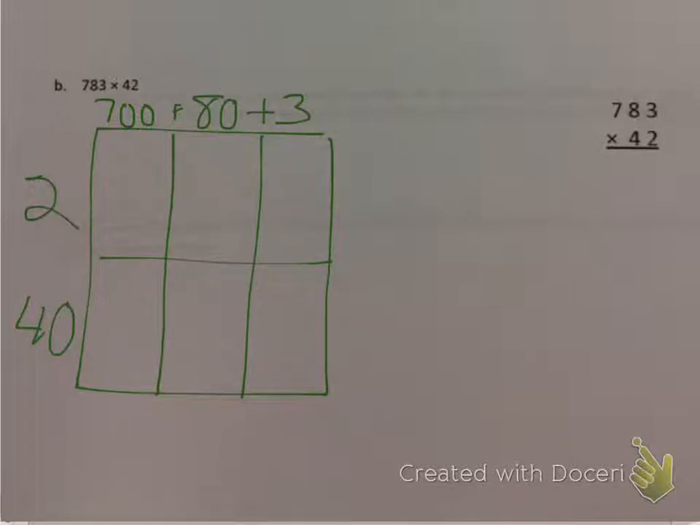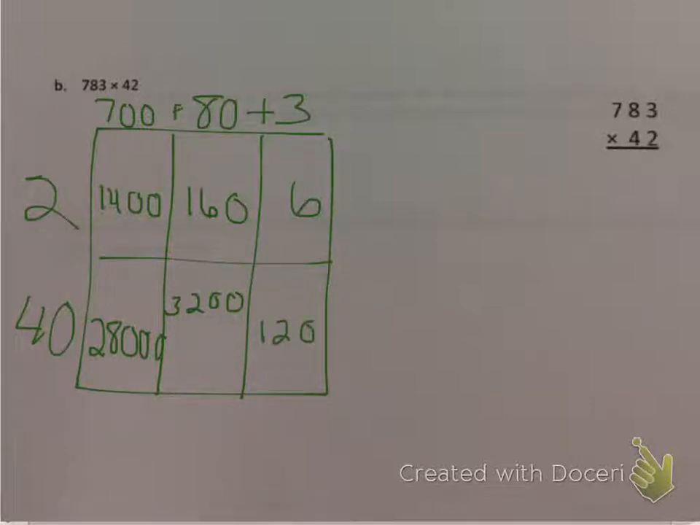Then I multiply. 2 times 700, 2 times 7 is 14. I add my zeros. 2 times 80, 2 times 8 is 16. I add my 0. And 2 times 3 is 6. Okay? Then I go down to the bottom. 40 times 700. 4 times 7 is 28. I add 3 zeros. 40 times 80 is 32. I'm going to go up here a little bit so my numbers don't run together. And then I add 2 zeros. And then 40 times 3, 4 times 3 is 12. And I add a 0, 120. And so I need to add across my area model to